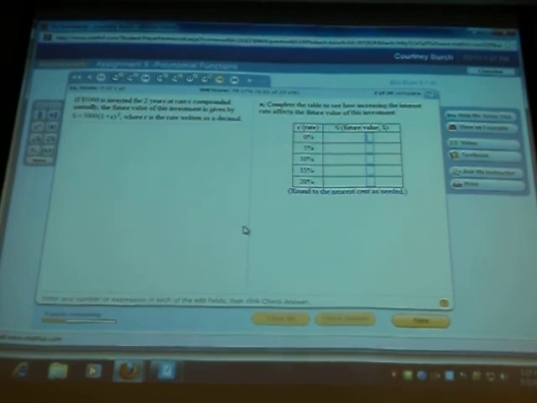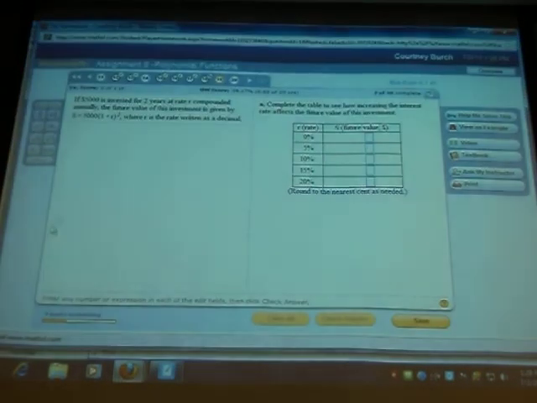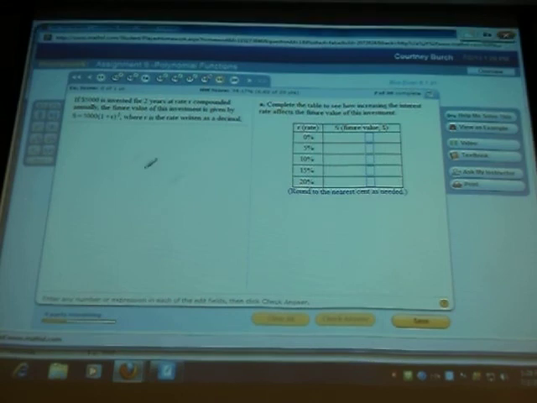Okay? So if R equals 0, and then it'd be 5,000. Right? Well, if you're earning 0% interest, you're just going to end up with the same amount you started with. But if I want to actually plug that in the formula, for R equals 0,